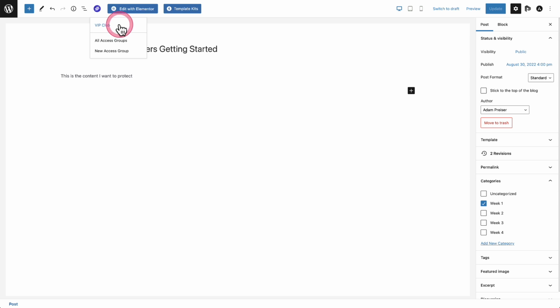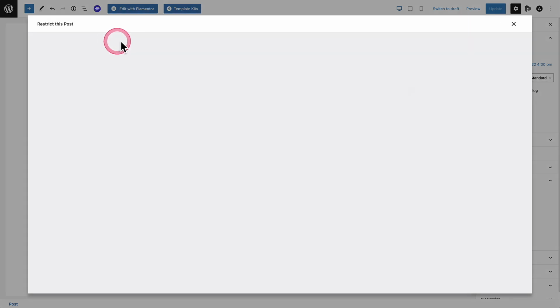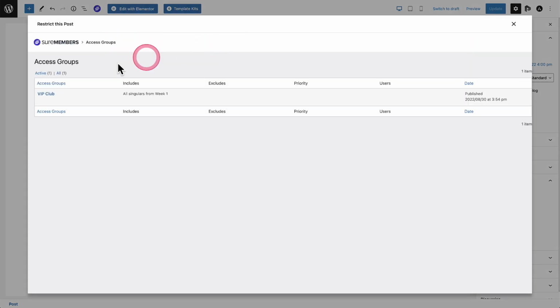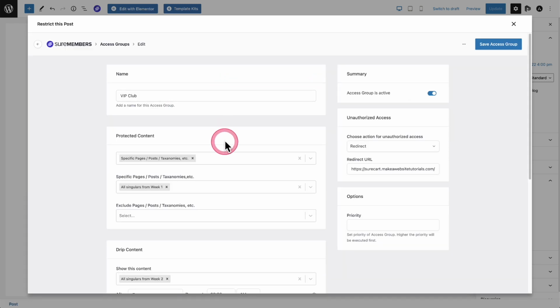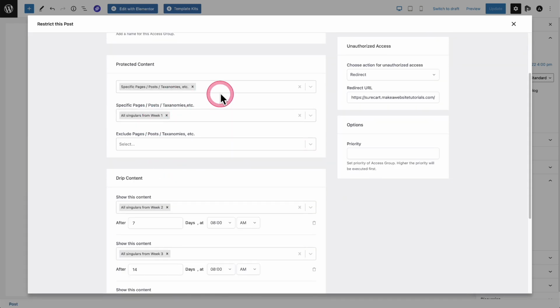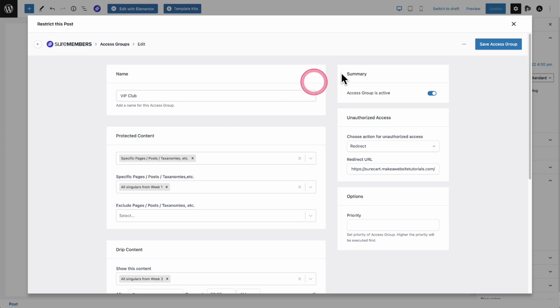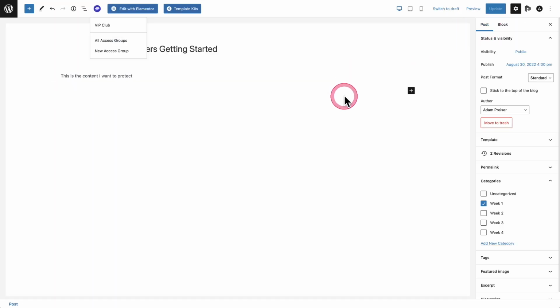But we also make it convenient to create a new access group right here on the spot. You don't have to go and find where the settings are and leave what you're doing, as well as add it to an access group. So we can easily do that right here. So if I click on all access groups, a little pop-up's going to appear. And then here is that access group VIP club. And I can easily add this post to the protected content if I wanted to,